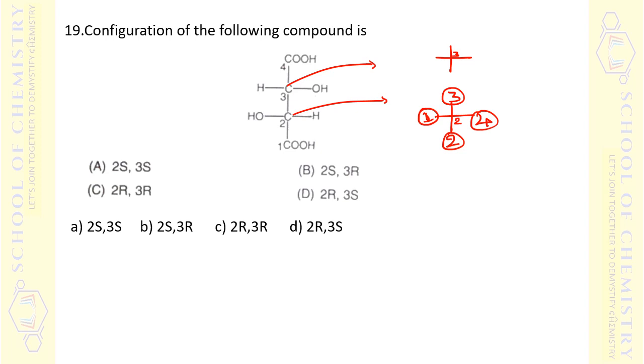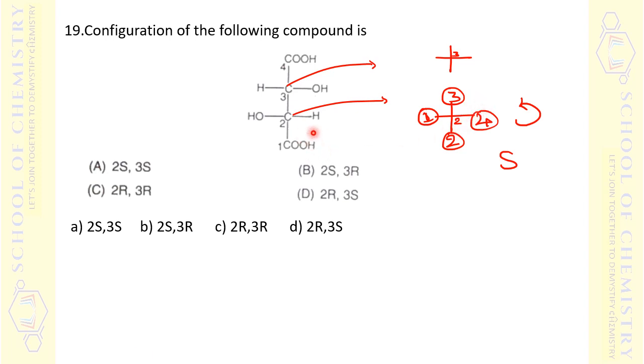So now what you can see here is that it is like 1, 2, 3 like this. Fourth, you can just skip it. So 1, 2, 3, it is this priority, taking anti-clockwise rotation. So if it is anti-clockwise rotation, it should have been S. But you should know one further thing, that the fourth priority group